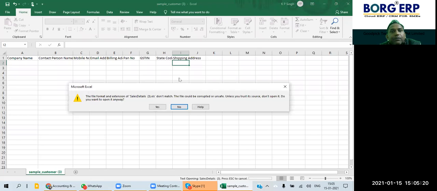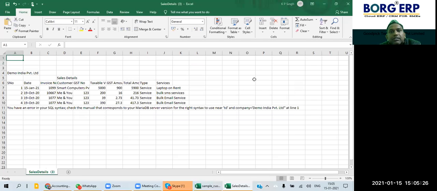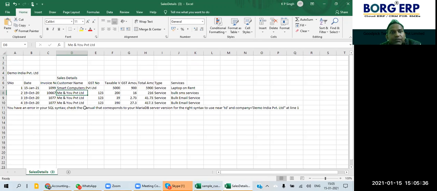It says no detail has been found of the selected one. Only 3 are there. That's why it has displayed only 3 details of this financial year. So you can also filter here.